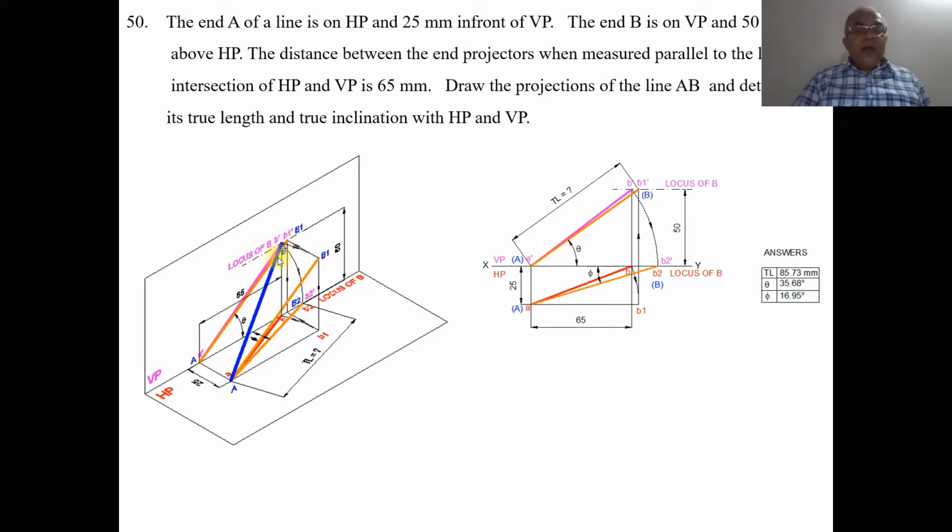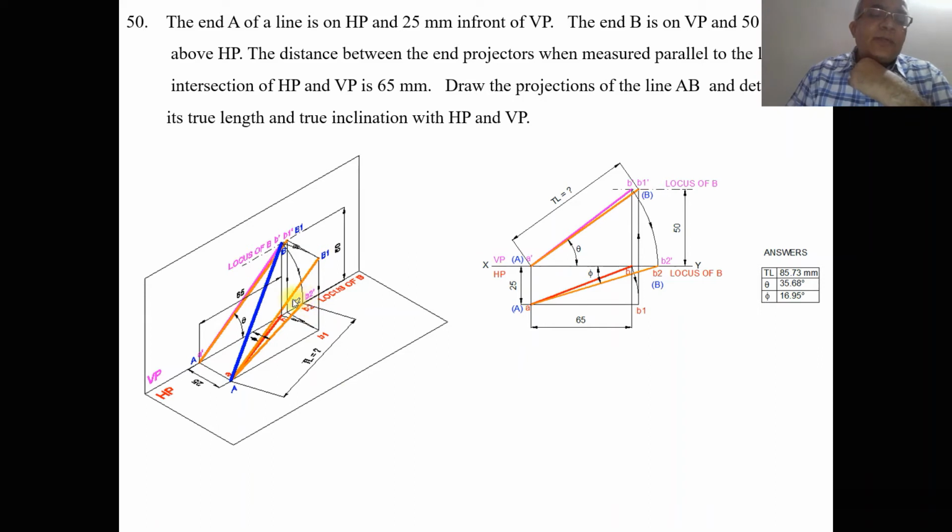So when you are projecting this, here you have to make it parallel to HP. So this is the one which has been projecting here. When you rotate with A as center, taking the radius of AB, you rotate such that both capital A and capital B2 lie on the horizontal plane. So when you look from the front view, A dash is on the horizontal plane and B2 dash is also on the horizontal plane. Then only the line is parallel to HP. Once the line is parallel to HP, you are getting the true length in HP. So that means you are going to get small AB2.